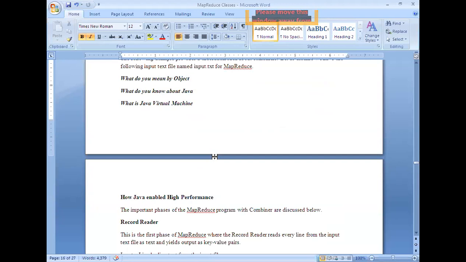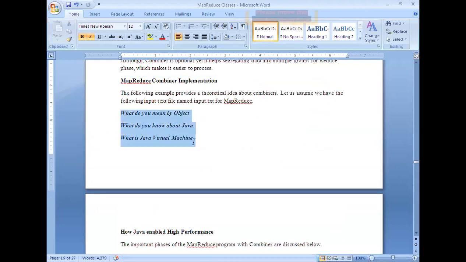what is happening and in what way we can write the mapper logic, the combiner logic and the reducer logic, right? So now our intention is, this is the input which is given to you, and what you are supposed to produce? You are supposed to produce how many number of times a word is repeated in the given input. So that is the output you are supposed to produce.